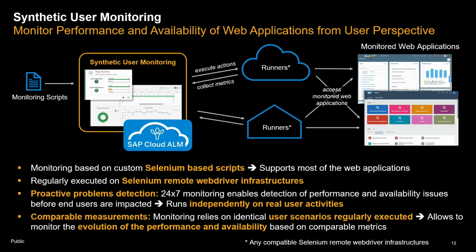You have your sales organization working in Berlin, and you have another department working from New York, and you want to monitor that they can, from their location, access the service, and that they also experience sufficient response time. So the runners at the end simulate browsers. They simulate the browsers from different vendors. This you can specify. And then they are executing the previously recorded script frequently, fully automatically, and send the requests